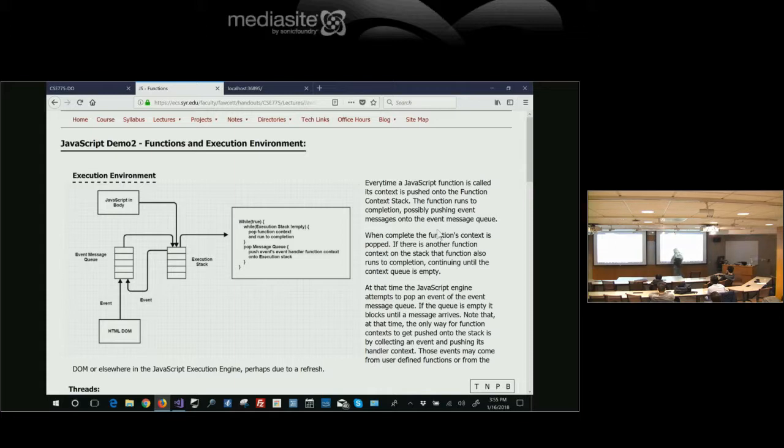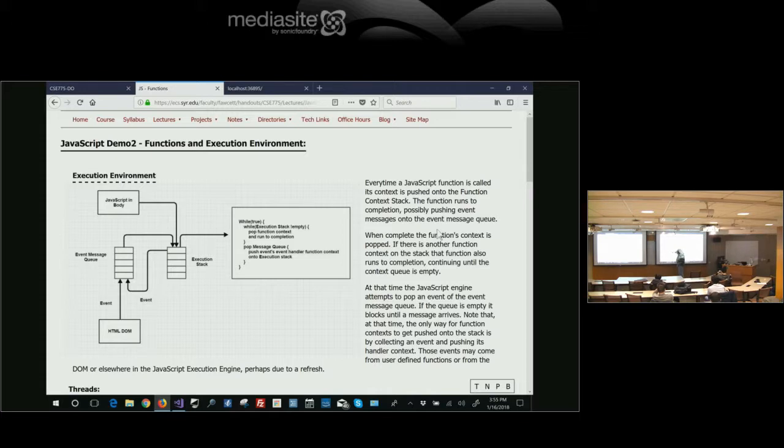Otherwise, events that are triggered in the HTML DOM, the onload event and a button click event and all those, put an entry in this message queue. It's again a function context in this message queue, and when this stack is empty, then events are pushed from the event queue onto the execution stack.